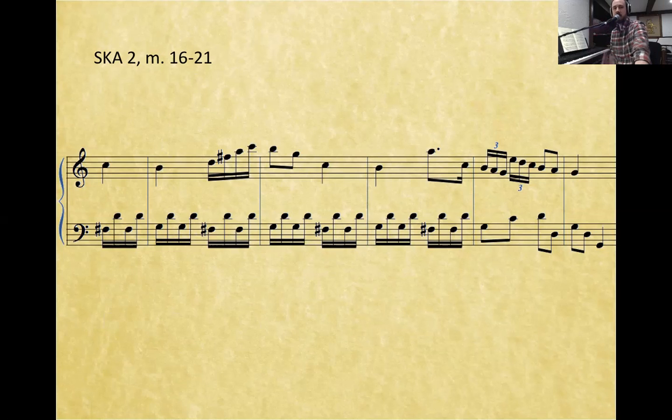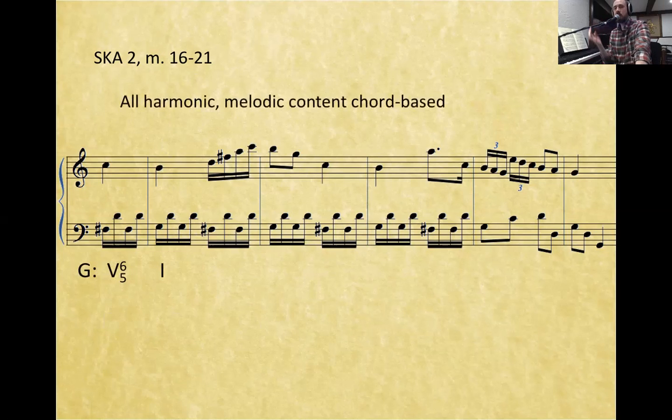So let's look here. Finally, in SKA 2, we're not basing the melody off of the main theme, which is a change of pace for sure. And we can sort of hear how this SKA 2 idea is really just driving us towards the cadence, or the end of the exposition. Everything we have is really harmonically oriented. Right? Even this